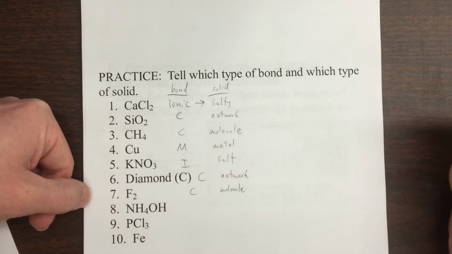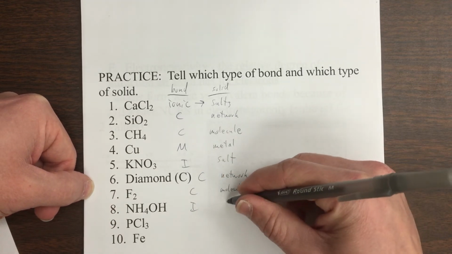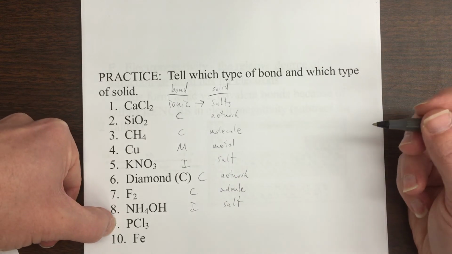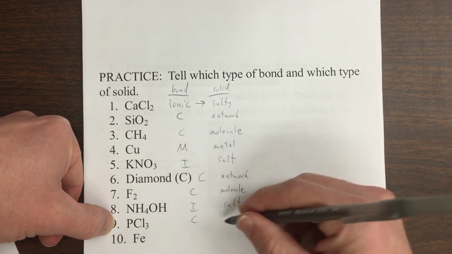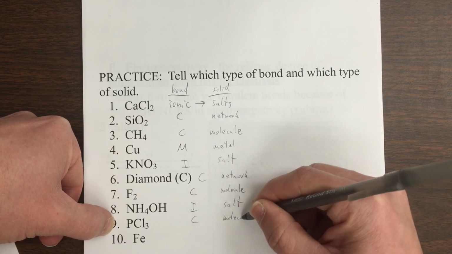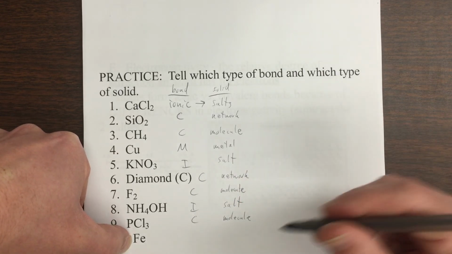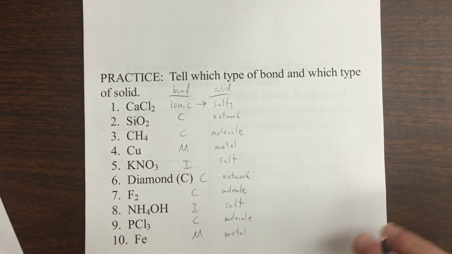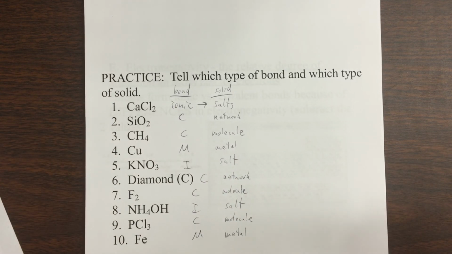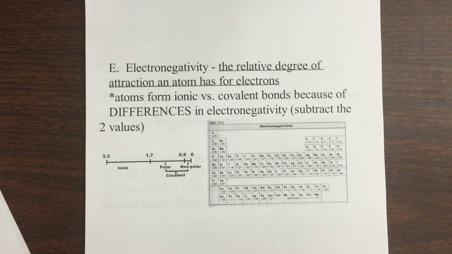NH4 is ammonium with hydroxide, so that is an ionic salt. Phosphorus is a nonmetal, so that is a covalent molecule, not one of our three networks. And then finally, iron by itself, metallic metal. So we'll do some more practice with this in class. Now, what decides whether a bond is ionic